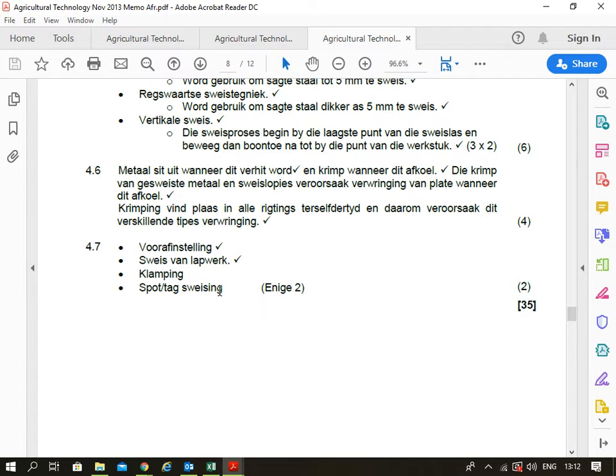In spot or tack weld, you can tack weld, clamp the piece of metal down. You can also weld, like I explained now, one end, then the other end, from end to end. And you can also do a practice run. Get a piece of scrap metal, the thickness of the metal you are welding, and get your welding machine set